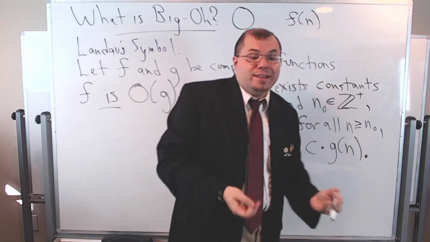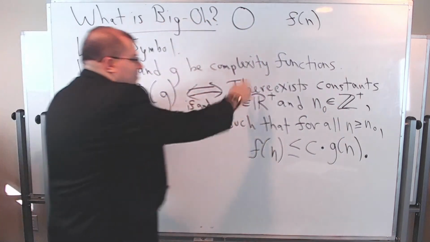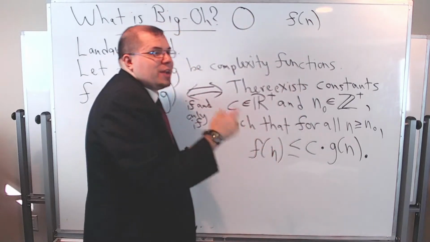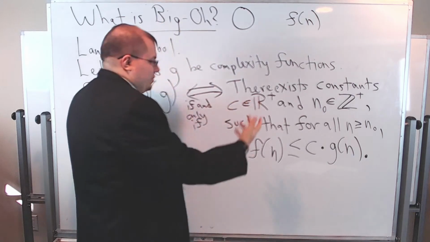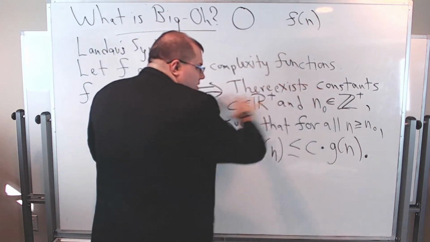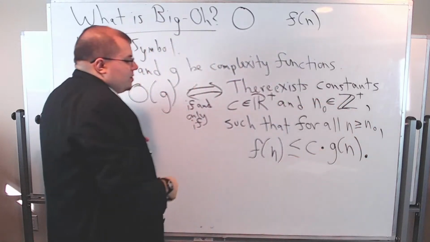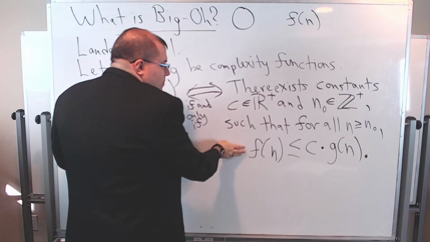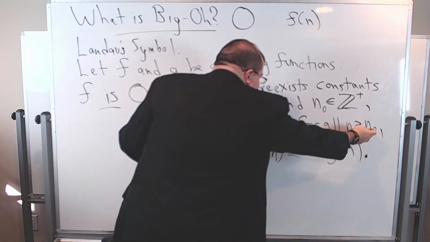They just have to exist. I don't need to worry about picking a C and then figuring out what n0 is for any possible n0. It's just that one n0 has to exist, and vice versa. Such that when I pick these two constants, this statement must hold. So this inequality